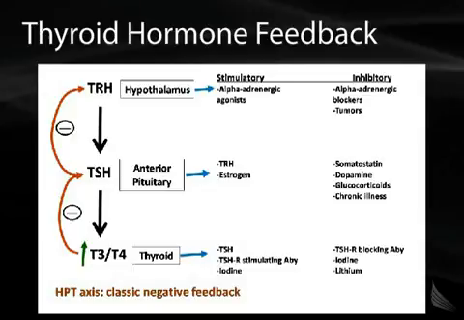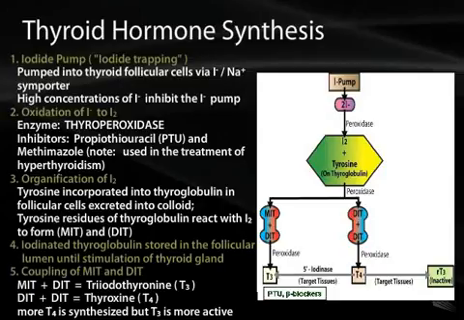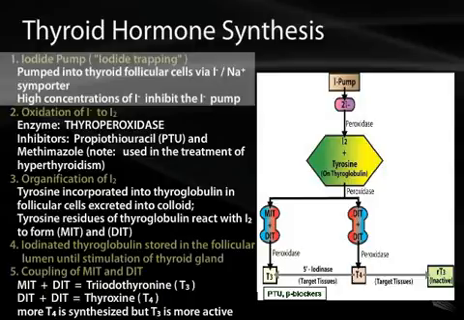So it's important to know the basic axis, which is the HPT axis and its regulation, and in terms of what gets stimulated and what gets inhibited as well. In terms of how thyroid hormone itself is formed, it actually occurs inside the thyroid gland with 5 different steps. The first step is getting the iodine into the cell, called iodine trapping, and it is accomplished by using an iodine pump. Iodine is pumped into the follicular cells via an iodine sodium symporter,